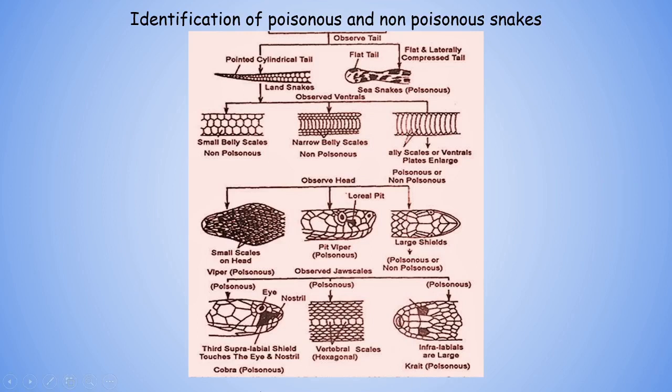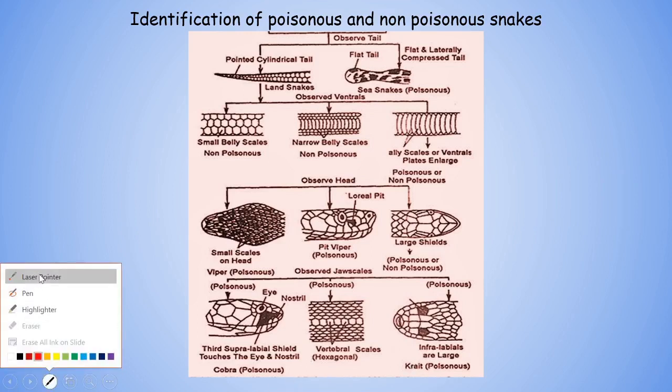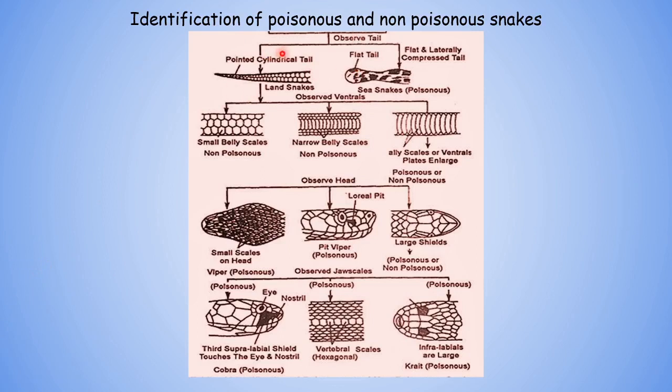So, coming to the key, which we are going to discuss here. This is a key by which we are going to identify poisonous and non-poisonous snakes. The first character that is taken into consideration, this can be considered a flow chart for how we'll be distinguishing poisonous from non-poisonous snakes. First, we observe the tail. If the tail is pointed and elongated,